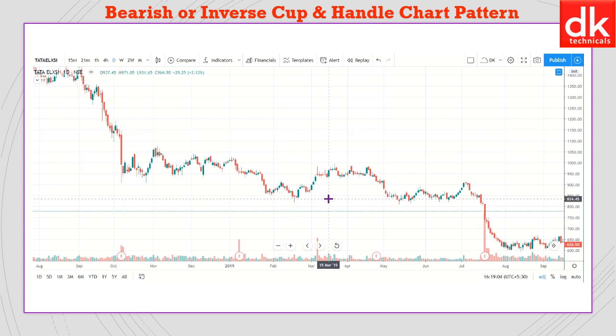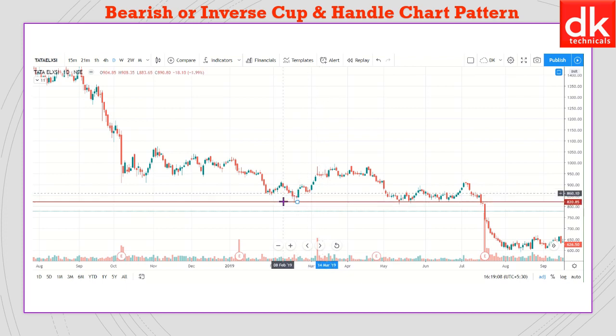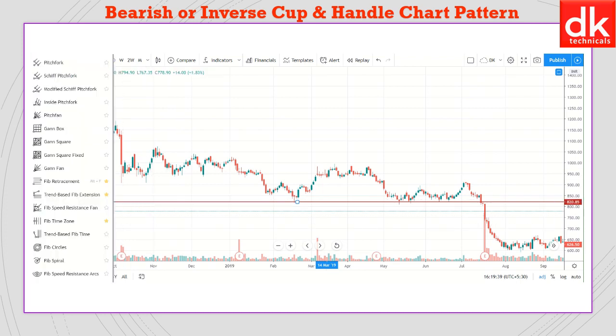So this we can see. I'm making a little fine tuning of it. You can see the price has risen from here. The price was taking support here, and finally we could see there was a clear consolidation here. The price has done, and this is the portion. This is the cup which has been formed. This is the handle which has been formed, and there is a breakdown of this handle here with substantial rise in the volume.